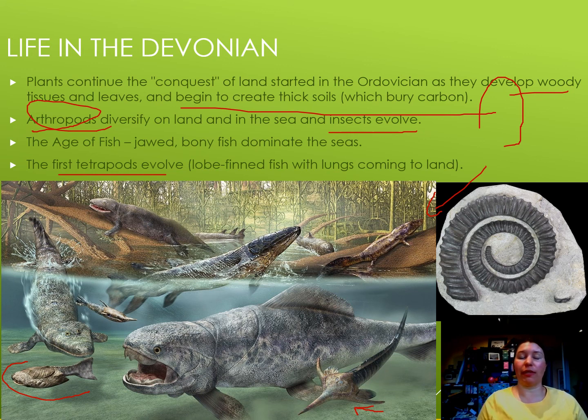So tetrapods are going to be the amphibians. Modern amphibians are frogs and salamanders. Back then, definitely no frogs, really no salamanders. Amphibians during the Paleozoic are not really quite like any amphibians we have today. In fact, calling them amphibians may not be the best thing to do, but anyway, that's what we do. So we're going to start to get the first tetrapods. So we get things that have kind of this lobe-finned fish, like this guy here.